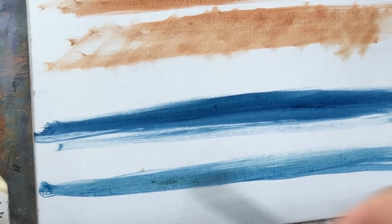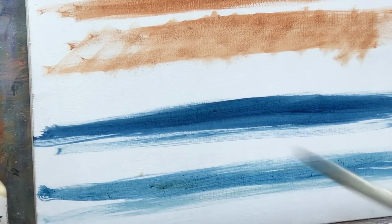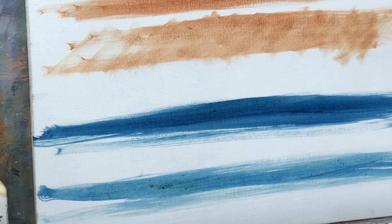Highly pigmented and just flows a lot easier. I got a lot more. I can cover the panel a lot better. So now, this is what I mean by